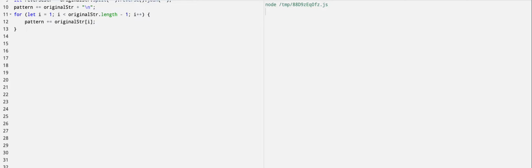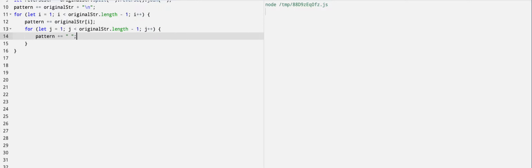Then it enters into another loop controlled by the variable J. So inside this we have another loop which is J. Then inside this loop also starts from the second character E and goes to the second to last character L of the original string. So it is controlled by J. Inside this loop it adds spaces to the pattern.